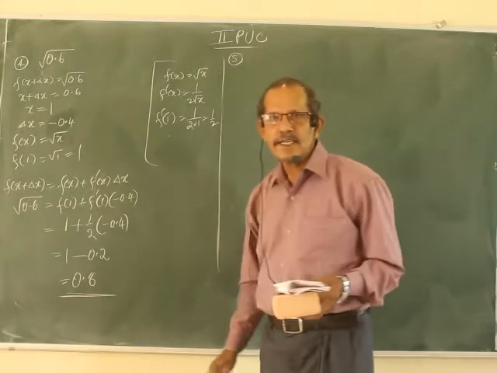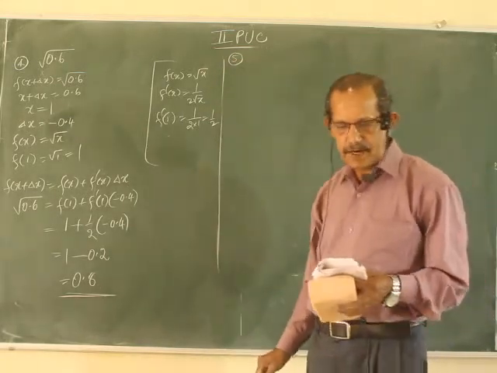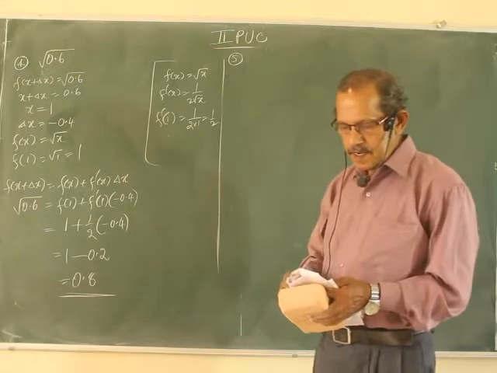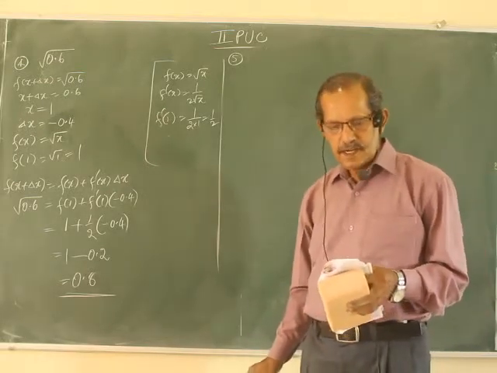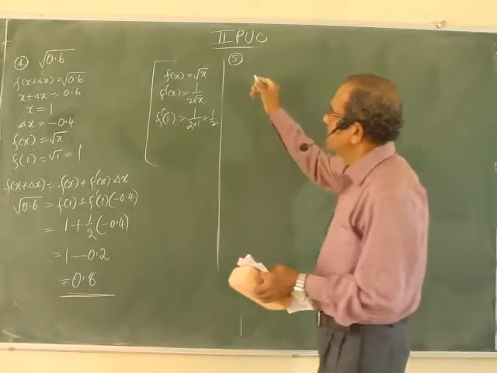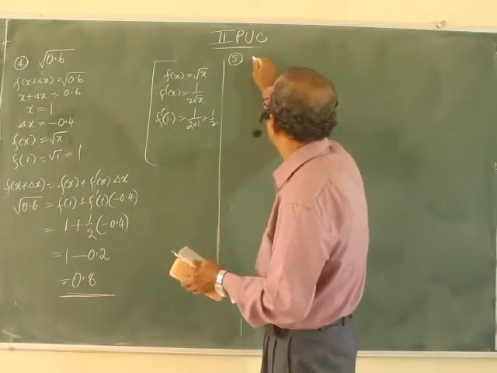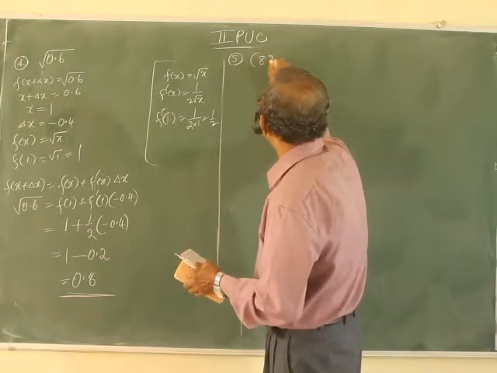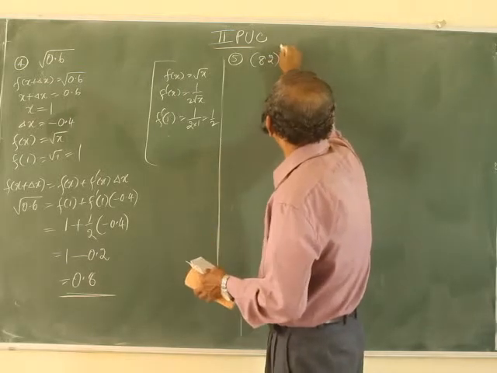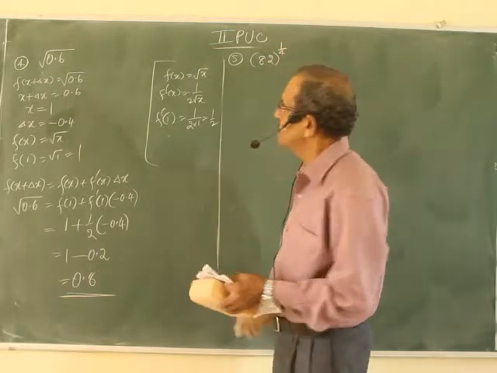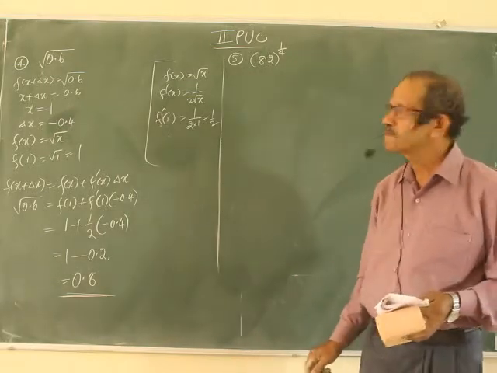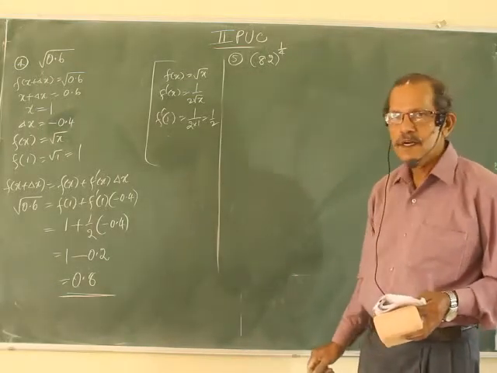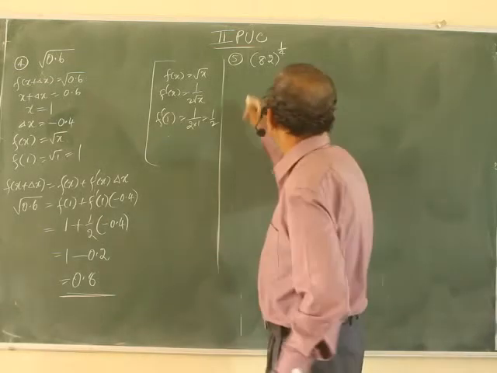Problem from the textbook, Exercise 6.4: 82 to the power 1 by 4. Let me try 2 more, no problem. See this one, next one is 82 to the power 1 by 4. So far you have seen square root, cube root also. This is the 4th root. Whatever it may be, let us write that.